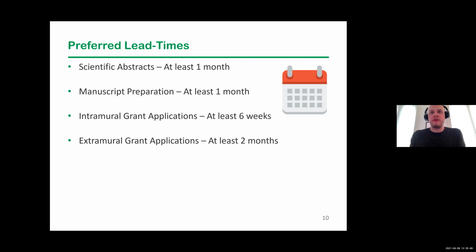the deadlines are very important. The actual deadlines, the conference deadline or a grant deadline, are very important. But also, the more lead time you give us, the better. I will say in 2020, there's 9 of us in the Pediatric Biostats Core. We serviced over 400 projects last year.